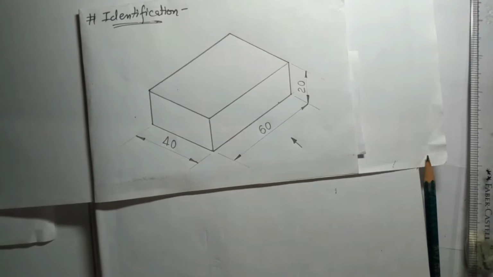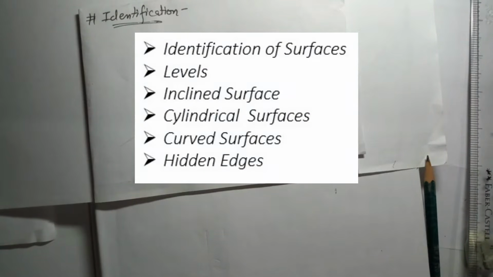Hello everyone. Now we are going to do the practice of orthographic projections. I have told you that to solve any problem of orthographic projection we have to follow these 6 steps. These are the 6 steps which we have to follow. The main problem will have all these steps to be followed, but we will do the practice of each and every step individually so that we are ready for the main problem.